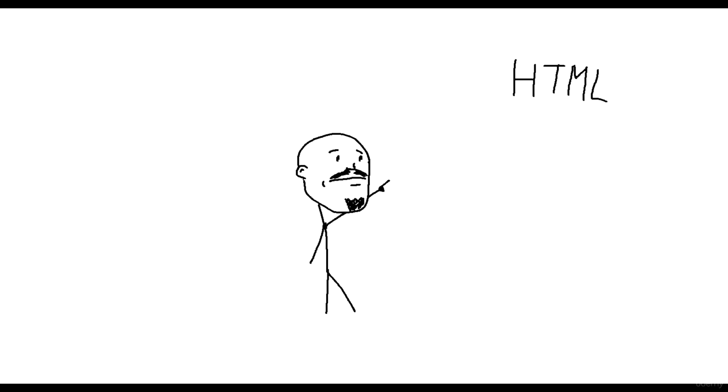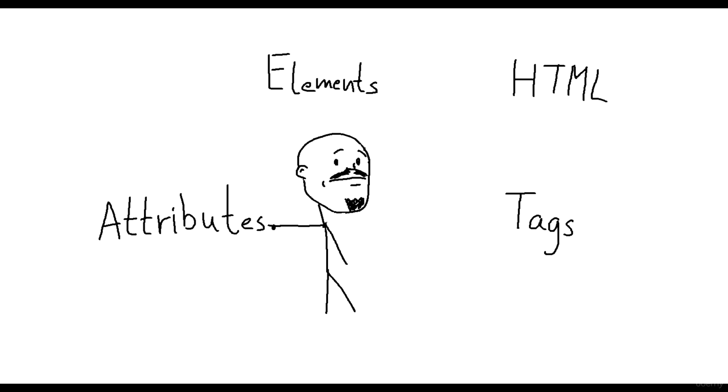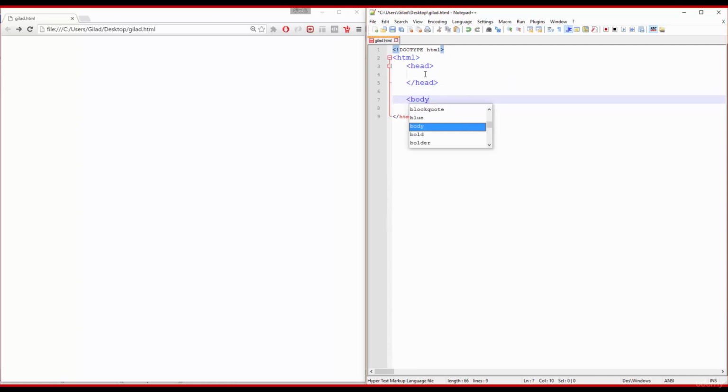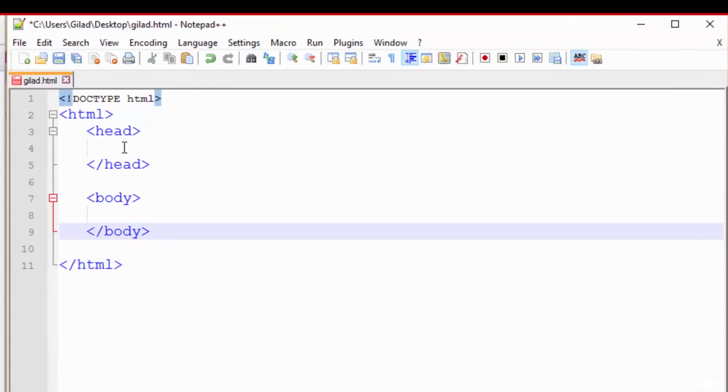How to set up your page. Alright, so far we've learned about HTML, HTML tags, HTML elements, and even attributes. But we didn't talk about how it all comes together. Type this in your text editor. What you see now in its simplest form is the example of an HTML document. You can save it and use it whenever you want to start writing HTML. Let's go through every element and see what we have here.